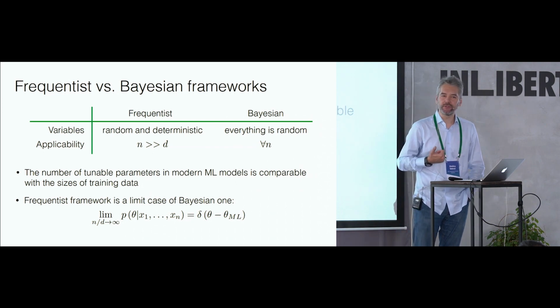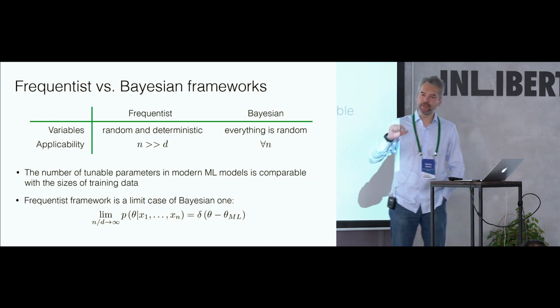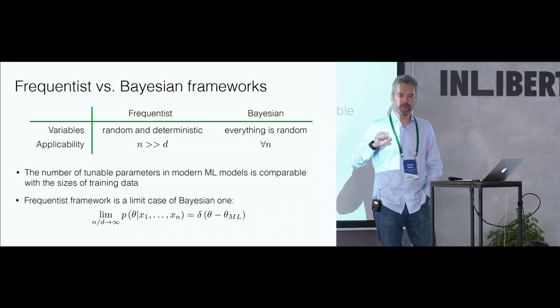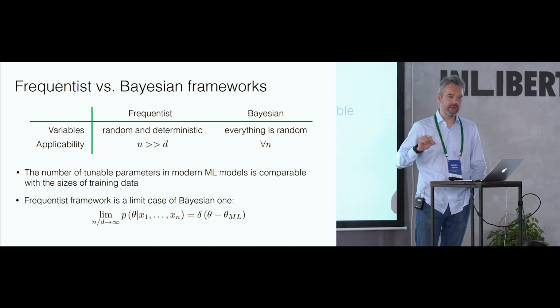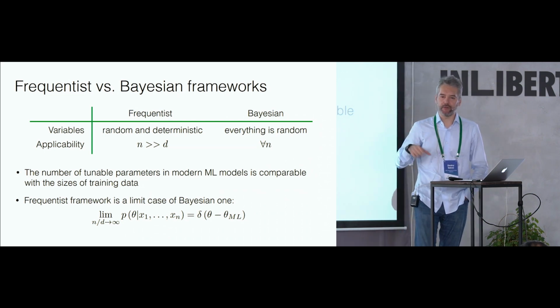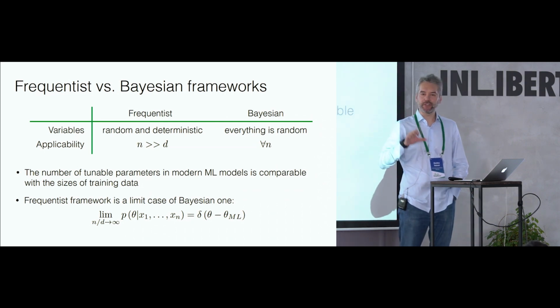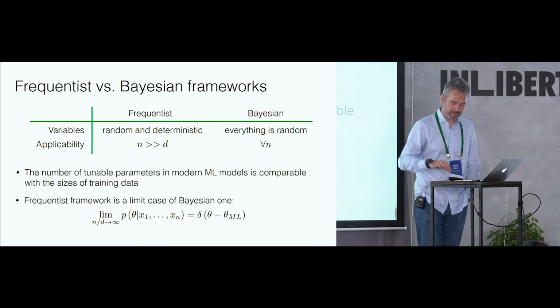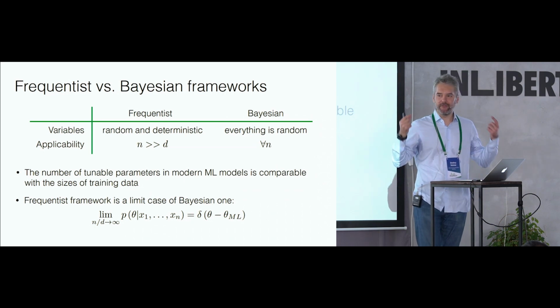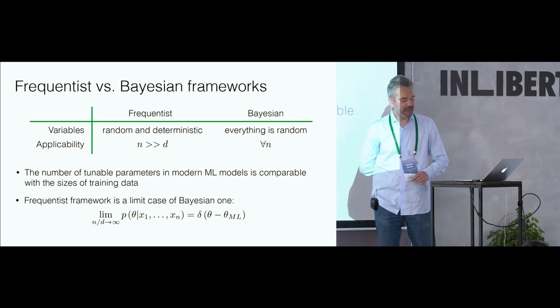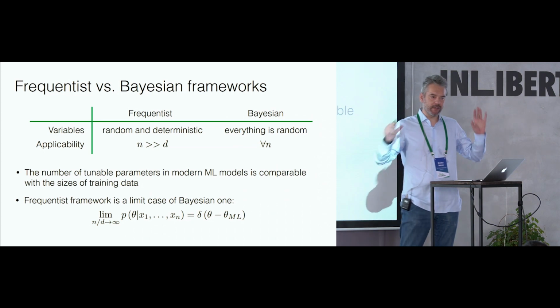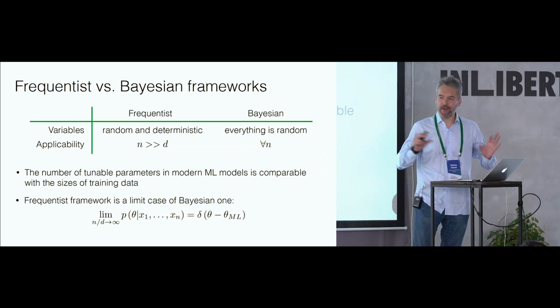From the Bayesian point of view, a random variable is the outcome of a completely deterministic process, but some of the factors which influence the outcome are unknown to the observer. And different observers may have different knowledge about those factors, so they may have different uncertainty about the outcome of the process. But the process itself is completely deterministic. So this is the philosophical difference, but it's still quite important because all other mathematical differences are derived from this